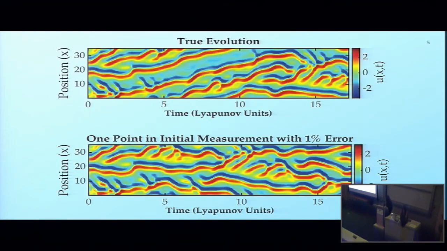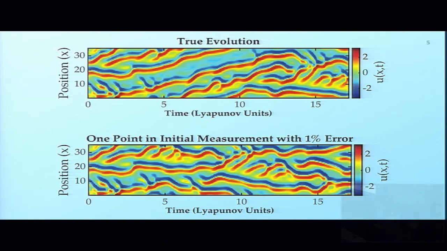So we can see this happening if we go and look back at a couple plots of that Kuramoto-Sivashinsky equation we saw before. So here we can see that we're looking at the true evolution of the system with the function we're plotting over here on the color axis. But if we go through and we change one measurement of that system with just a 1% error, so you can think of this as a butterfly flapping its wings, we see that we're getting some pretty significant changes in the dynamics after a pretty short amount of time.